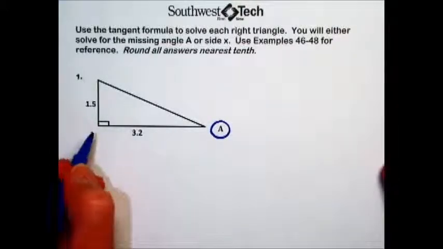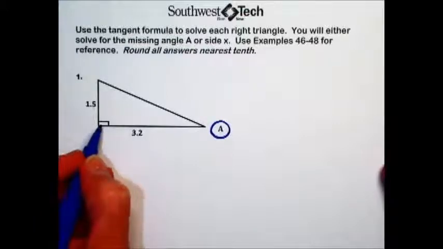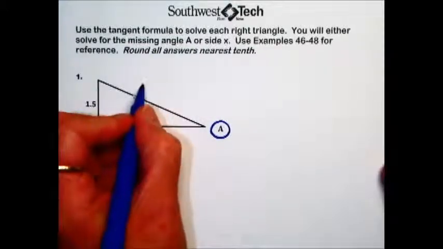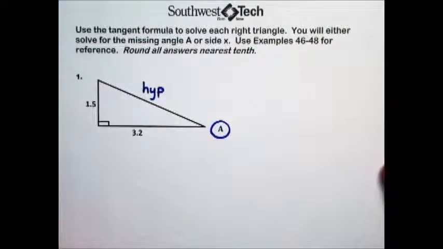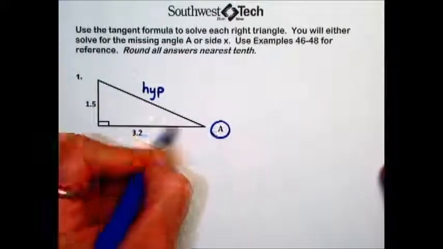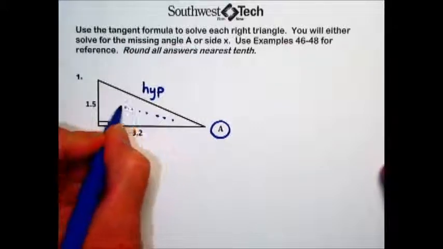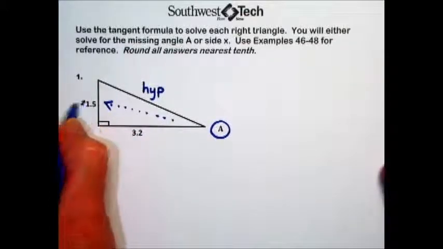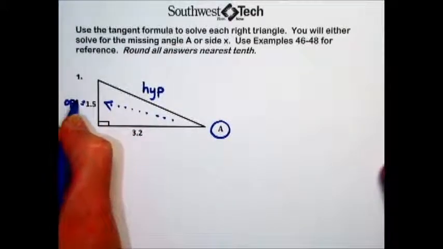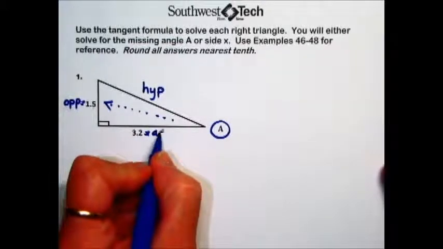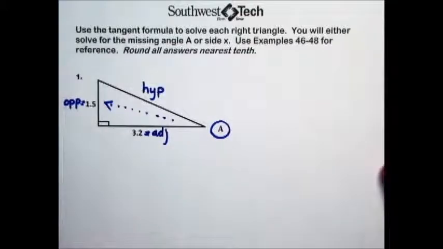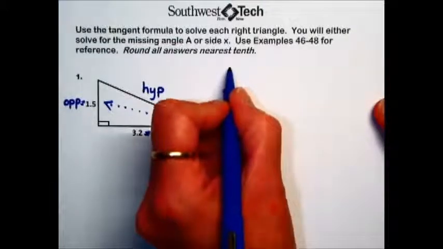Next, we need to label the sides of the right triangle, always starting with the hypotenuse, which is the longest side, the side opposite the right angle. With A as our reference and home base, that means this side will be referred to as the opposite side, and the third side we will give the label adjacent. By definition, the tangent